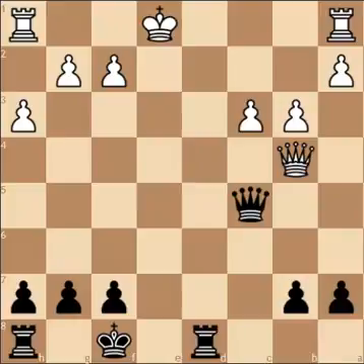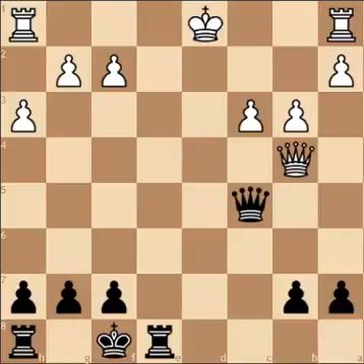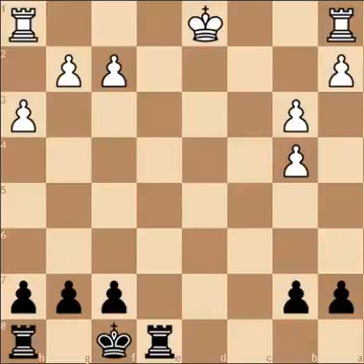But before exchanging queens, I decided to go rook E8 check. He goes king D1. Queen takes B4. I had no choice. Pawn takes B4. Now he has the double pawn here, but